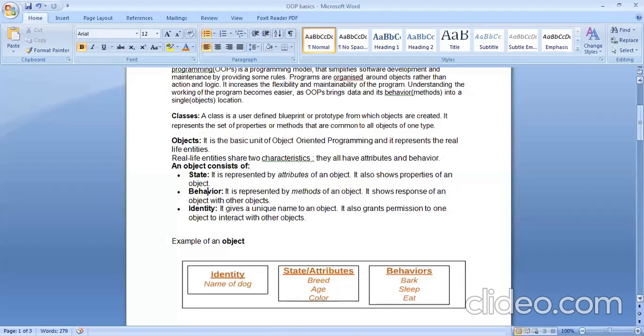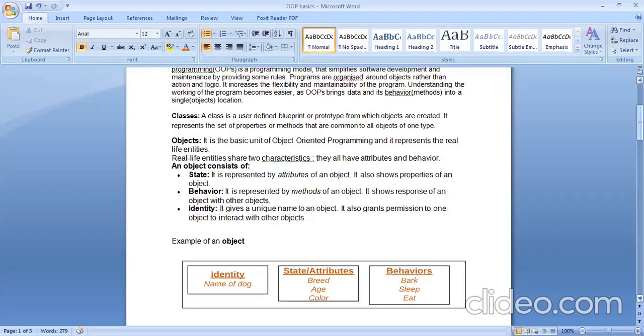So BTech third semester is nothing but what? It is just an idea. It is just a template, you can say. It is just a definition. It has got no physical existence. When I say BTech third semester, it is just a concept. There is no physical existence of BTech third semester. But who represents BTech third semester? The students of your class represent BTech third semester. Do you get me? And who are these students? These students are the physical entities. That is, these are the objects of BTech third semester.